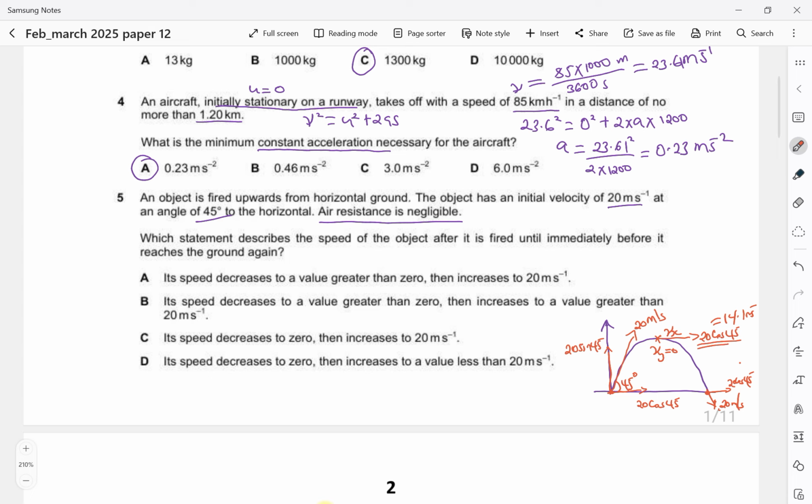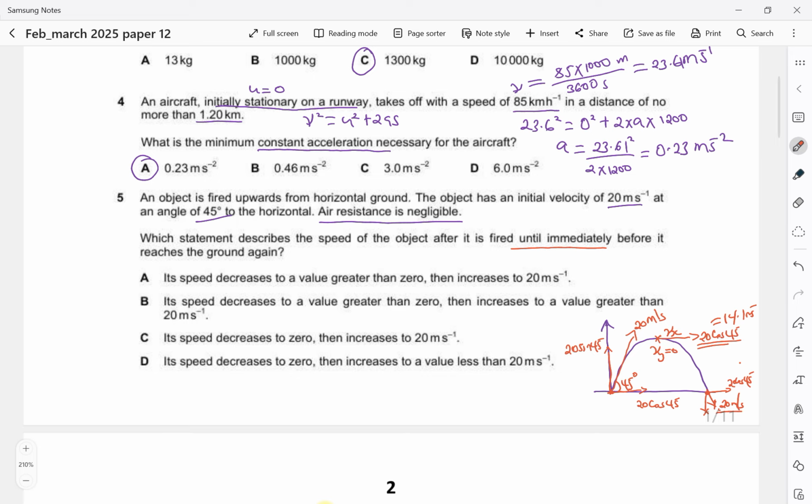So which statement describes the speed of the object after it is fired until immediately before it reaches the ground? Immediately before it reaches the ground, the speed goes back to its original value, which is 20, because the vertical component goes back to 20 sine 45, but in the opposite direction. The horizontal component remains 20 cos 45 throughout,